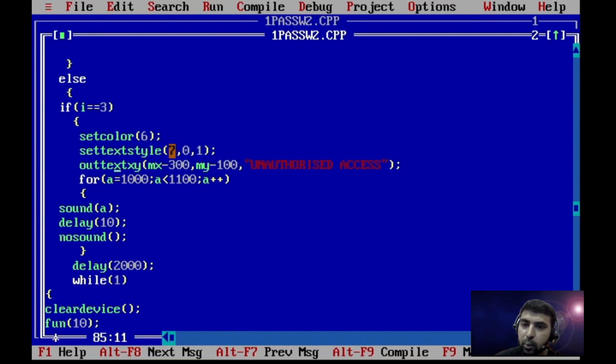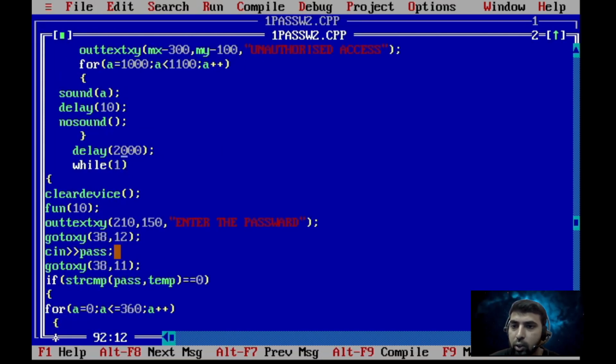After that, after the unauthorized access and the sound, we will be holding for 2 seconds to proceed to the next step. Now delay, sorry, it will be closing, and now I'm again giving while true 1,